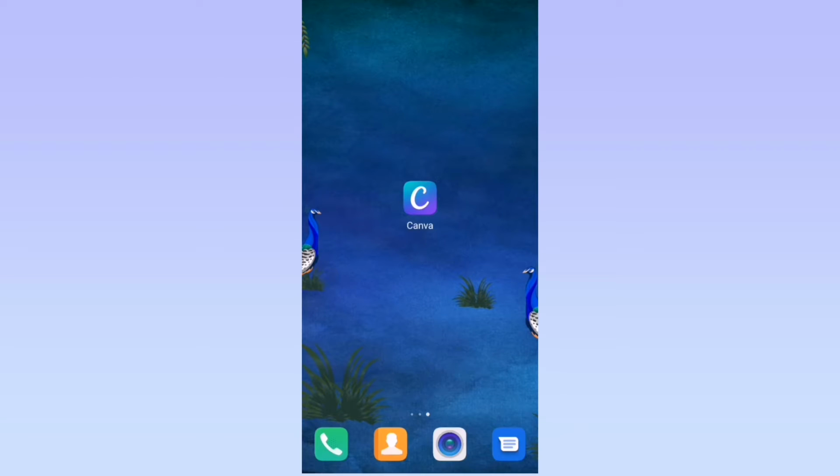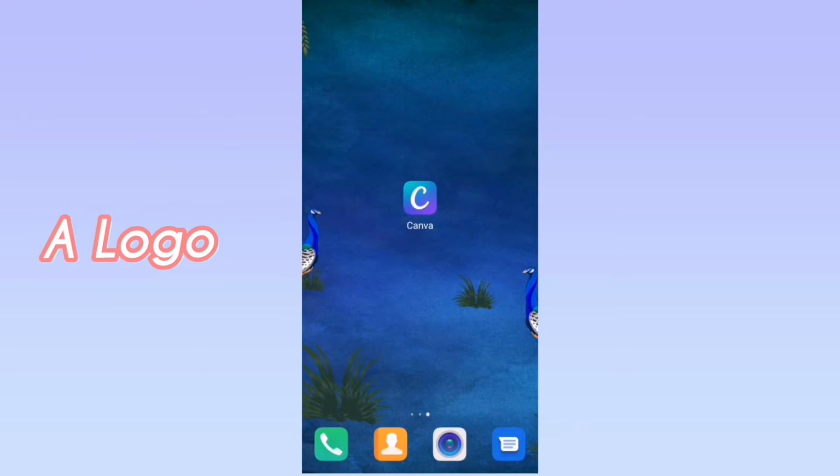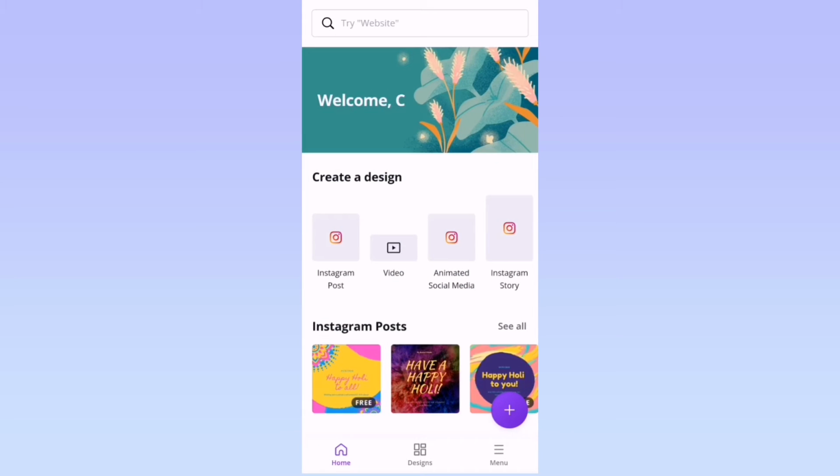Everyone, today I'm going to show you how to create a logo in your mobile phone. So I'm going to be using the app called Canva today. So let's get started. I just opened the app, and then when you scroll to the side you'll see the